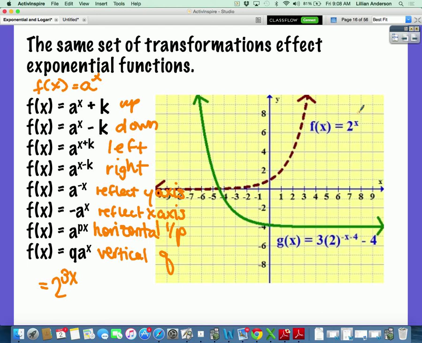The -4 inside the exponent meant that it moved how? Right. It moved to the right by 4, and then the negative means it went down by 4. And so if I take this point here, remember every exponential function crosses the y-axis at 0, 1. So if I take 0, 1 and I stretch it vertically, it's going to stay 0, 1. If it gets flipped over the y-axis, it's already on the y-axis, so it's going to stay there. But then it's going to move to the right 4 units, so 1, 2, 3, 4, and then it's going to move down 4 units, 1,